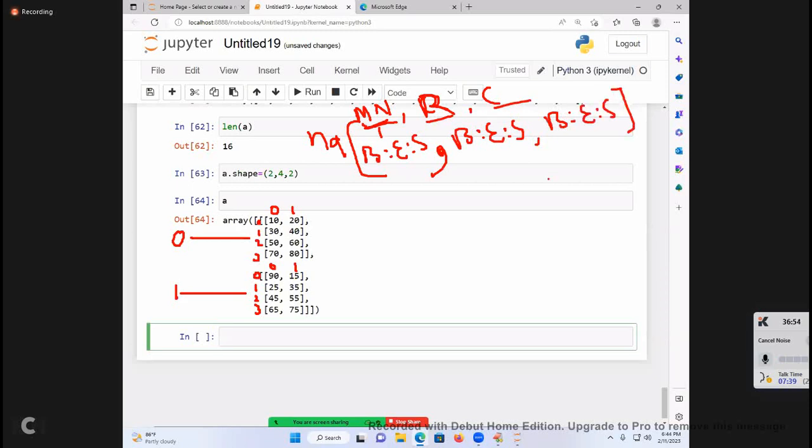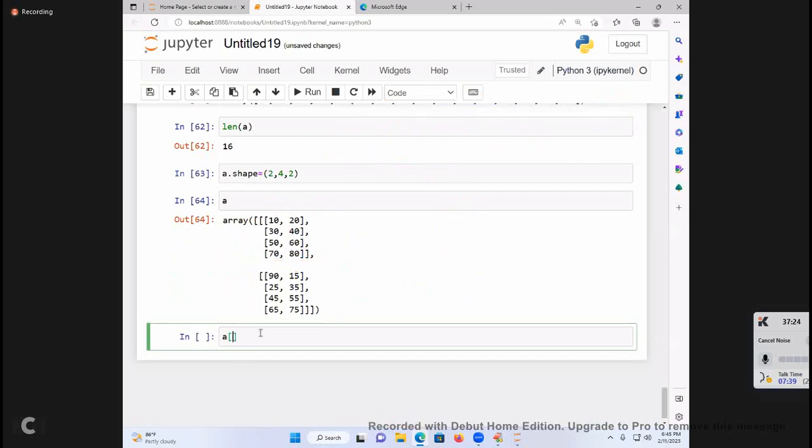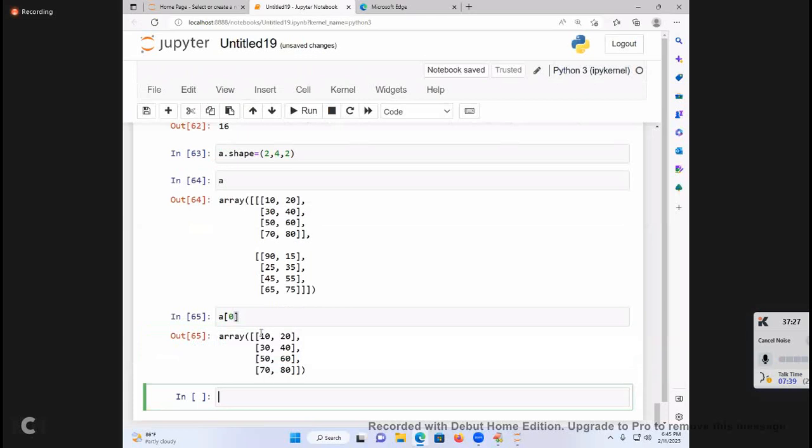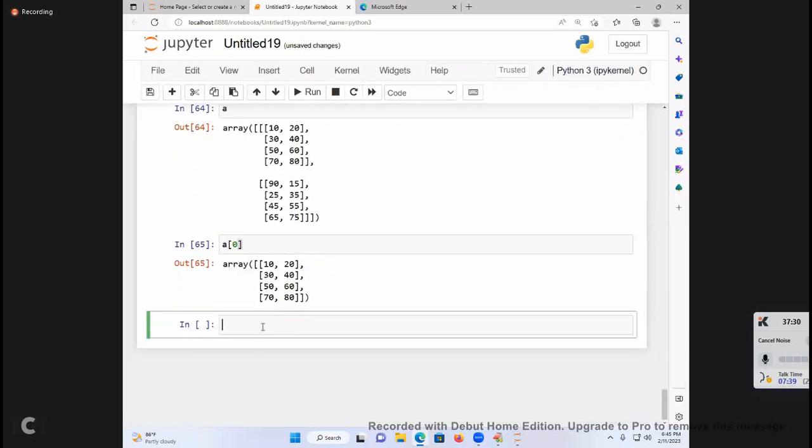Are you following me? Easy or difficult? Easy. So coming to the point of it, I want to take this diagram now. What are my elements today? This matrix I want to get it. Only first matrix I want to get it. How do you get it? Simply A of 0. A of 0 will give you which matrix? A of 1 will give you what matrix? Print it. A of 0. Output is first matrix. A of 1 will give you second matrix. But in another way I want to print it.